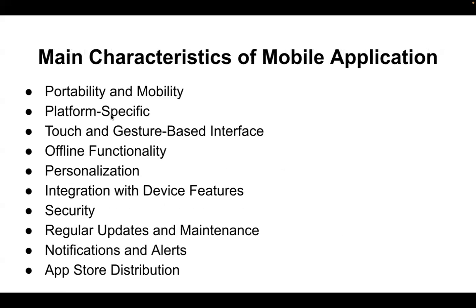And next one, what are the main characteristics of mobile applications? These are all the points through which we can easily understand why we need to choose mobile applications. I will cover them one by one, and what the use of each and every point is. Till now, if you have any questions, please let me know.